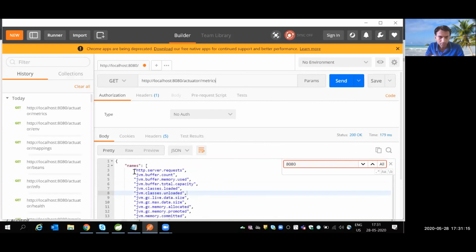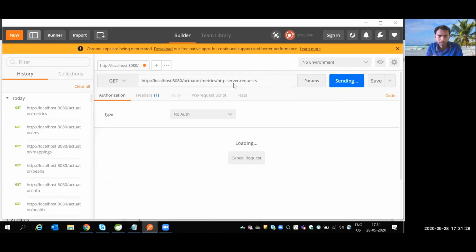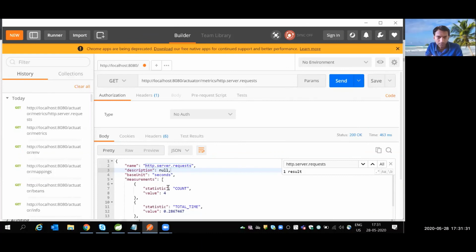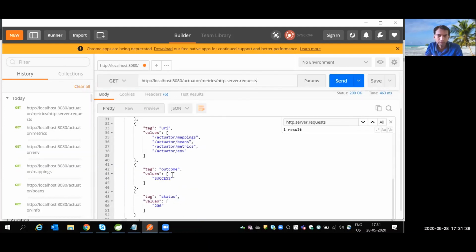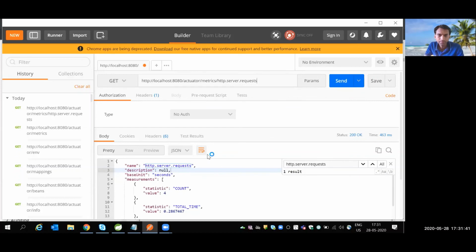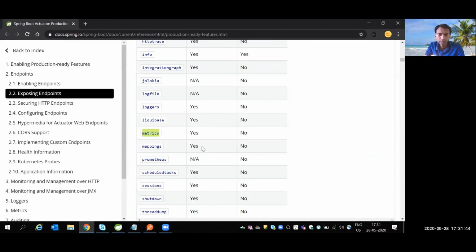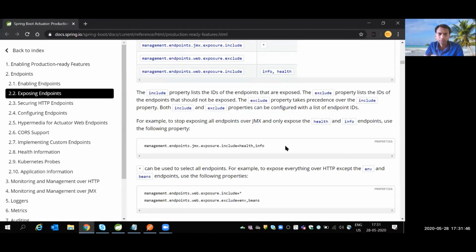If you want to view the details about the request, http.server.requests, you have to copy this: /metrics/http.server.requests. So how many GET methods, POST methods, what is the response status, 200, all these details you will get on this endpoint. Thanks for watching this video.